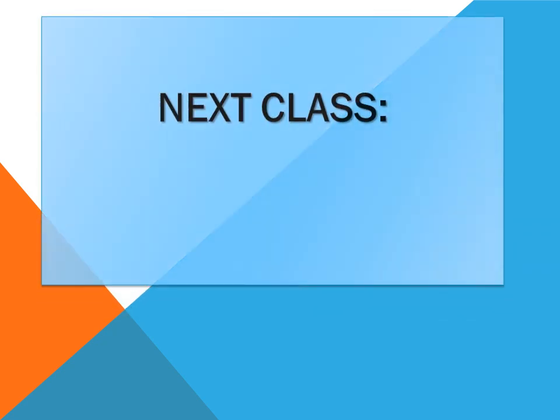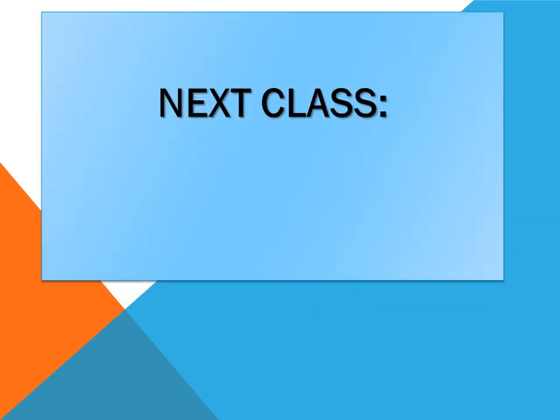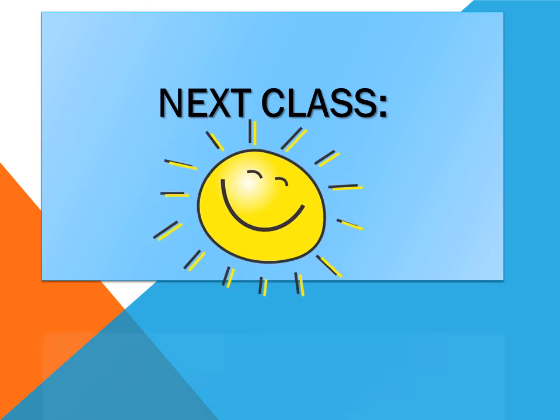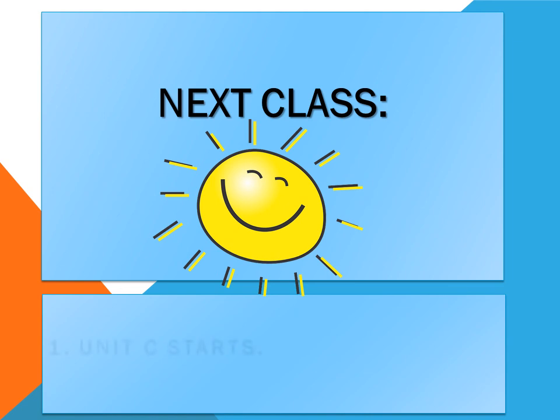So basically this brings us to the end of today's class, and also this brings us to the end of this unit. That means in tier 2, out of the 5 units that you have in mathematics, 2 units are complete today. I hope everyone understood everything that I have taught. Again I am repeating, if you have any doubt, please contact me. So in our next class we are going to start unit C.